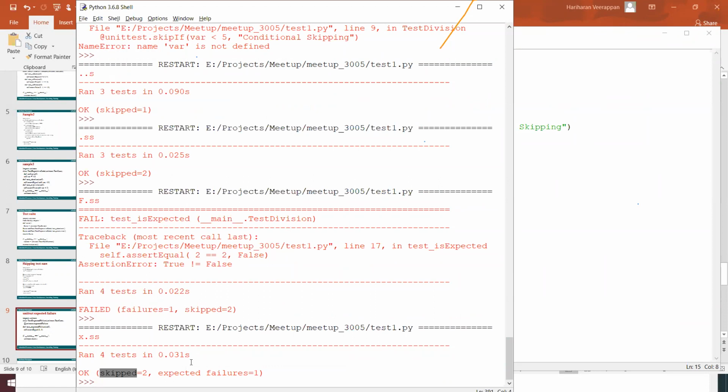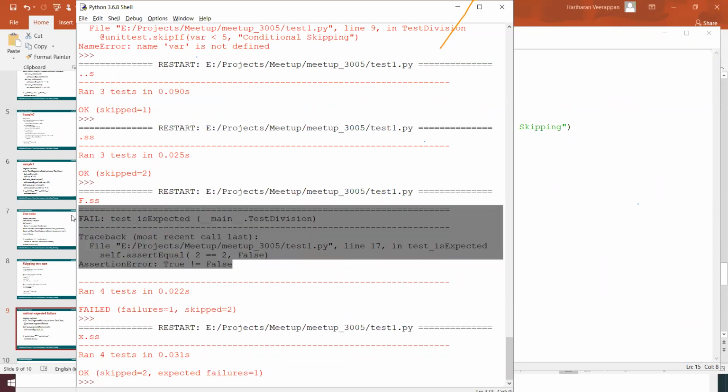One is a conditional skip, one is always skipping, and another one is the expected failure. We did not get the failed test case because we defined that particular test case as expected to fail. Because of that, it does not consider that particular test case a failure.